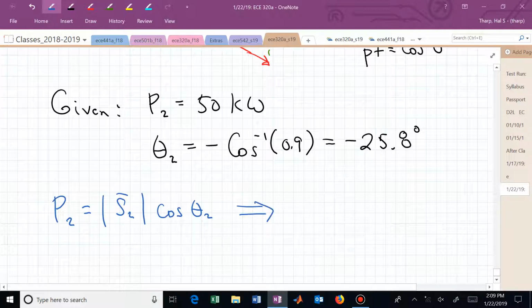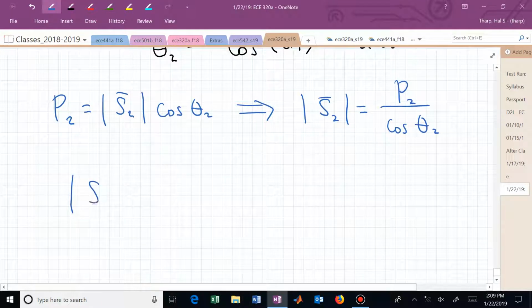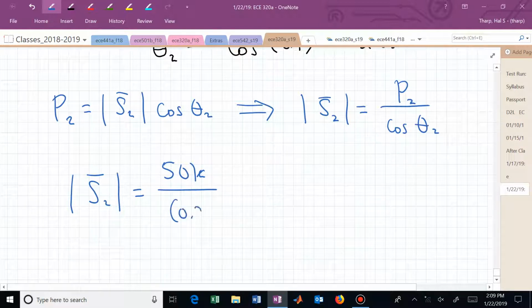We know the cosine of theta 2 is 0.9, so we can use this expression to back out the hypotenuse, or the apparent power associated with load 2, which is P2 divided by the cosine of theta sub 2. In this example then, the apparent power for load 2 is 50K divided by 0.9, or we now have 55.6